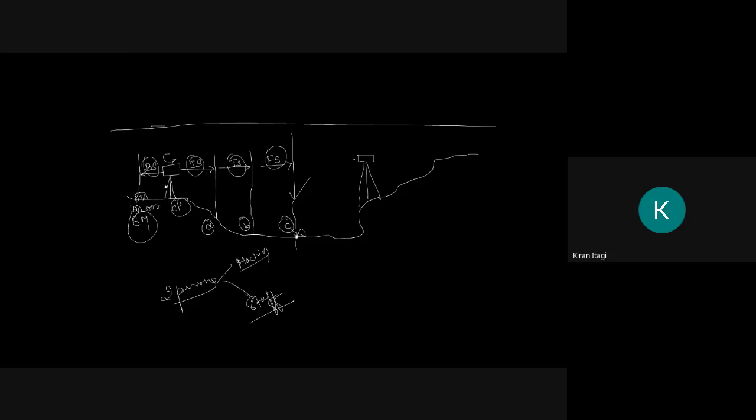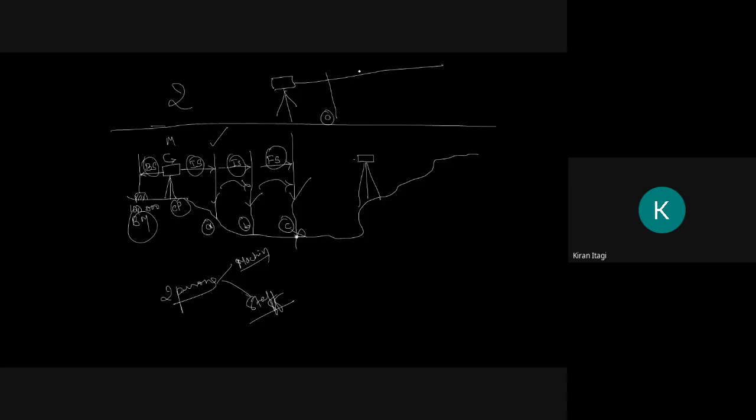So there are two persons. First I am standing here and one person is standing here. I will take the reading, then I will tell the staff man to go to the next position. He will come here to position B. I will take the reading, then I will tell the person holding the staff that I am changing the station because I am not able to see the reading further.